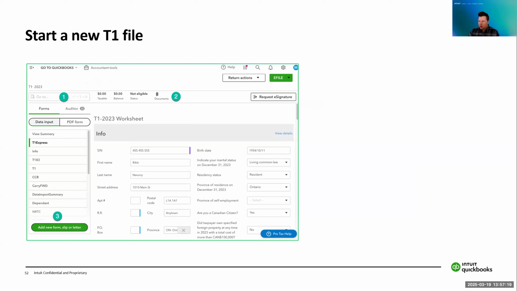Okay, so once you create the tax return, you will see the client's tax return as in this screenshot here. This basically gives you an overview of what it looks like. When ProTax opens, it opens into the T1 Express or the T1 worksheet. Really handy worksheet, the T1 Express. It basically takes most of the elements of a personal tax return and includes it on one worksheet to make it really easy for you to enter all of the information.